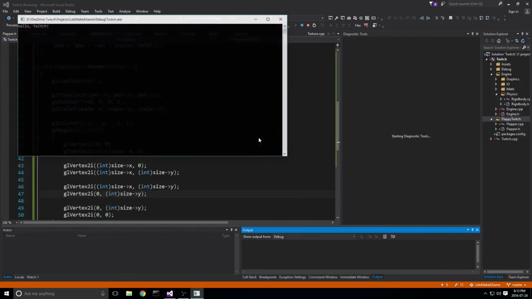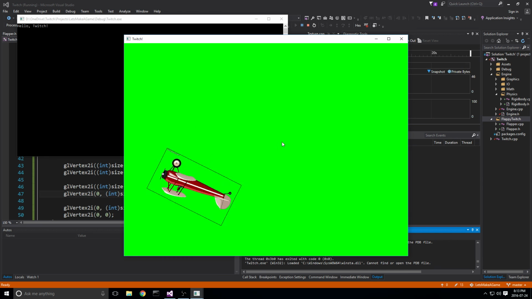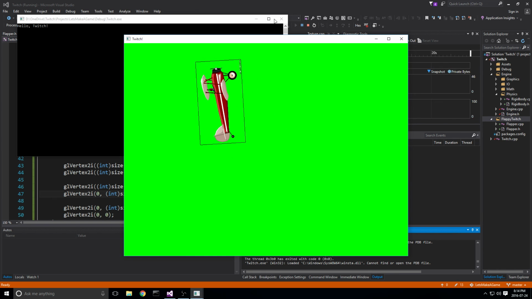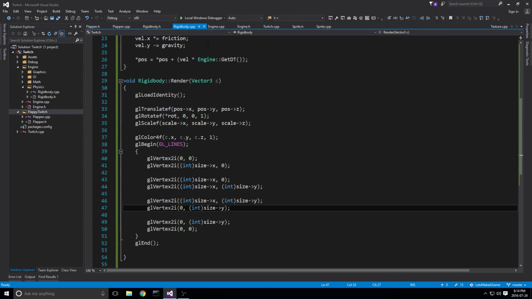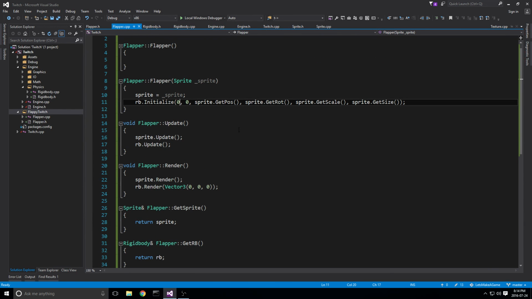So we have 5. Now we should see a box. There we go. That's great, eh? So that is a box. That's our rigid body. That's where our rigid body is. And it is updating itself based on our sprite. So to actually see it change, let's go into our flapper, and let's give it a friction value of 0.5f,